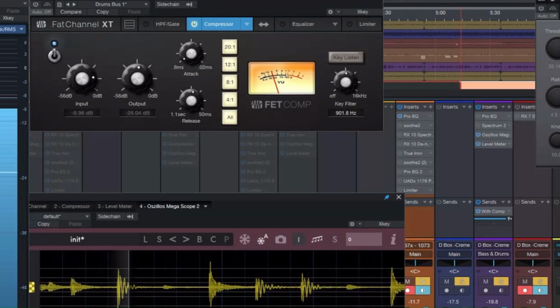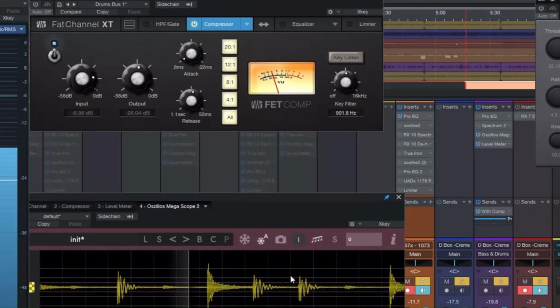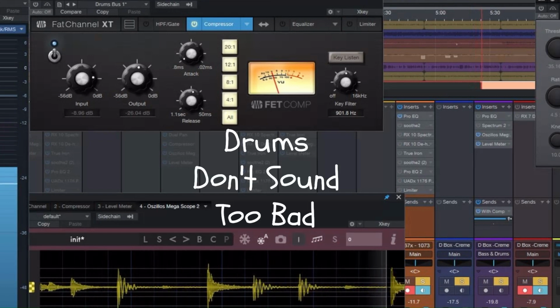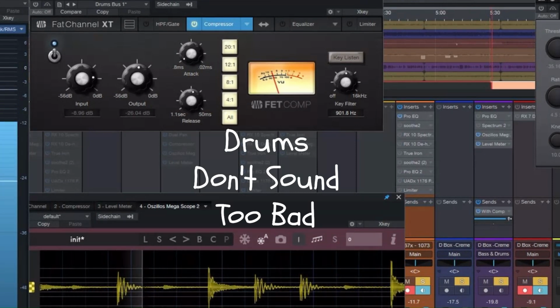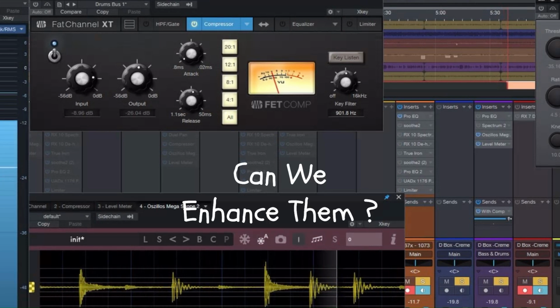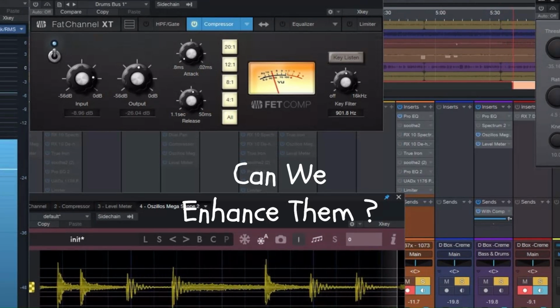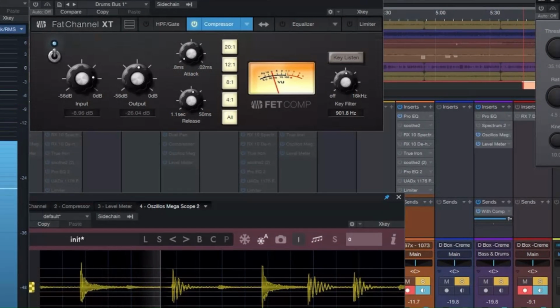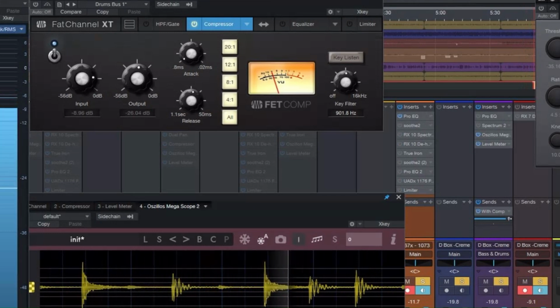Let's hear how the drums sit in the mix. Well, from my perspective, they're sitting pretty well. I like what they're doing in the mix. But I'm asking myself, can I give them a little more life? Can I give them a little more energy? Can I make them a little more prominent in the mix? And I think we can by applying compression. So let's turn on this FET style compressor